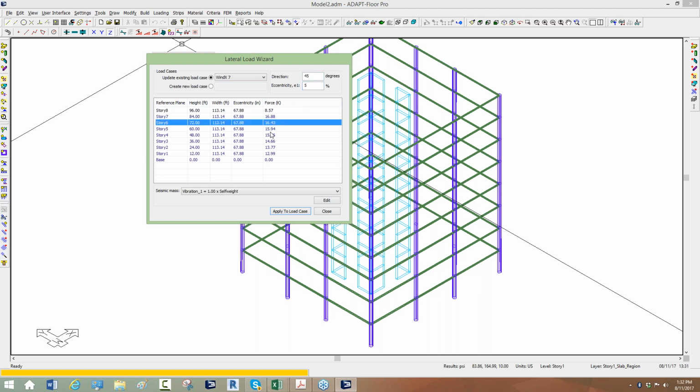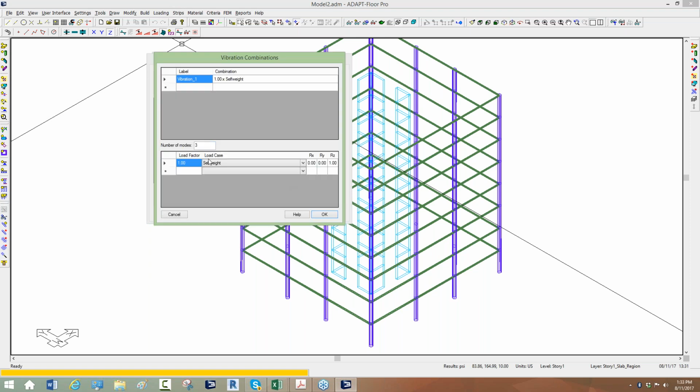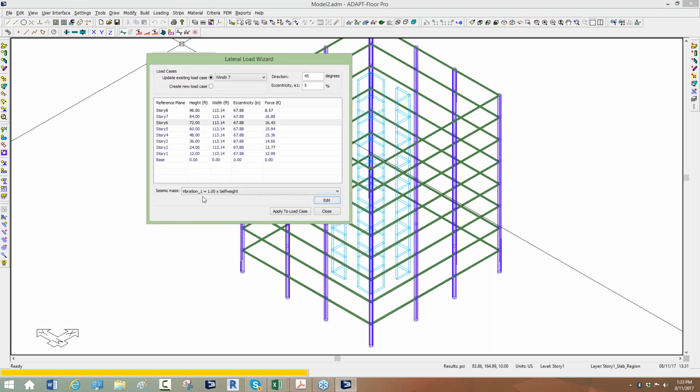At each floor we have some story force. The program takes an individual shell or frame element, and it takes the mass of that element based on this equation. So we're only considering self-weight. I could always go in and edit this and add dead load if I wanted to, or live load to the total mass equation here. But the program takes a ratio of individual shell mass divided by the total mass of the floor, and it uses that ratio and that percentage of the total story force and applies it internally to the shell and frame